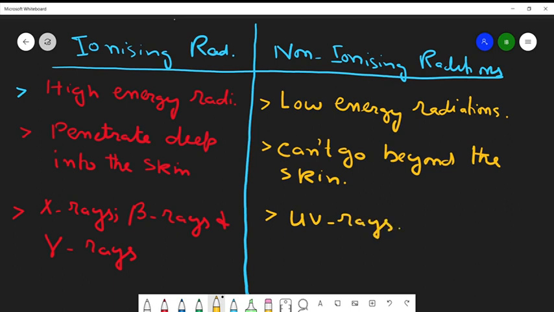Okay. So let us now talk about how they bring about the mutations. Ionizing radiations bring about mutations by the creation of ions and free radicals, which directly damage our genome and bring about changes in our genetic material. And these ultraviolet radiations are readily absorbed by our nitrogenous bases. So here I will be discussing the effect of the ultraviolet rays on our DNA. Let us discuss that on another slide.